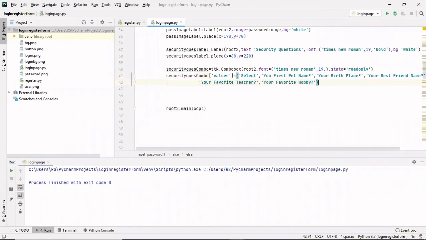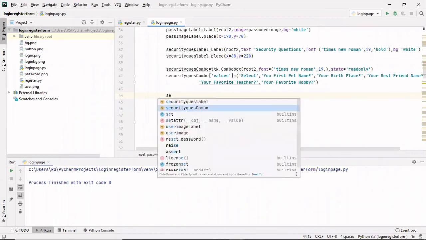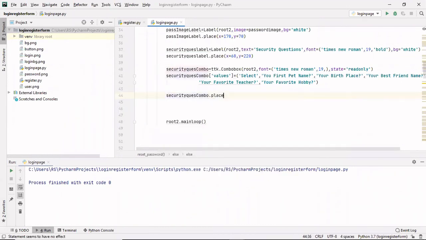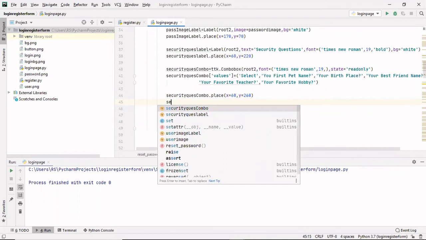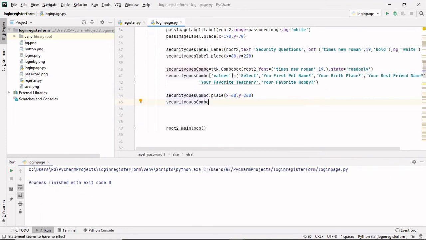After adding the values, next thing is I will simply place this, security question combo dot place, and where I'll place this, from x-axis at a distance of 60 and from y-axis at a distance of 260. And I'll set the current value as select. So I'll write security question combo dot current, and I'll pass the 0th index. So this will be by default what you will see. So if I run at this position,